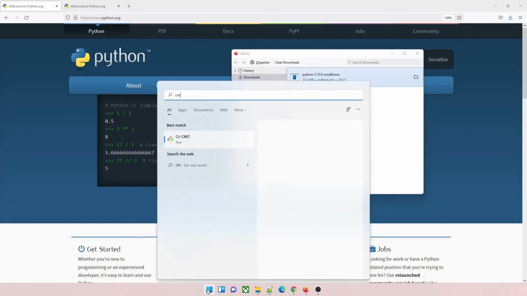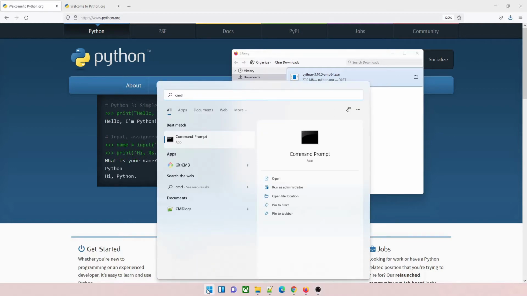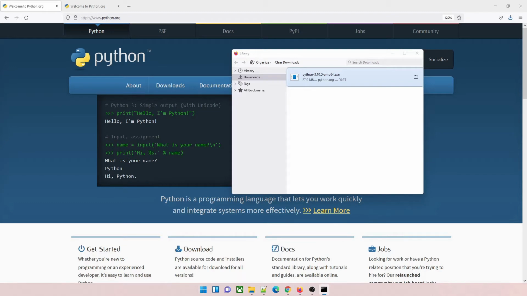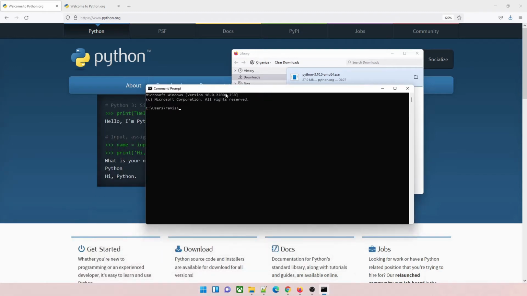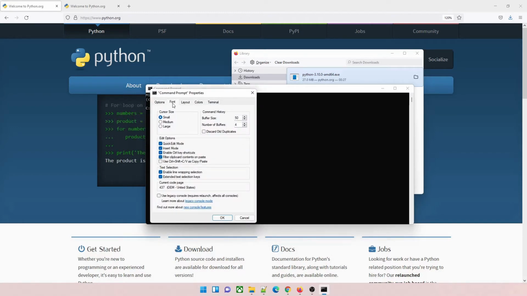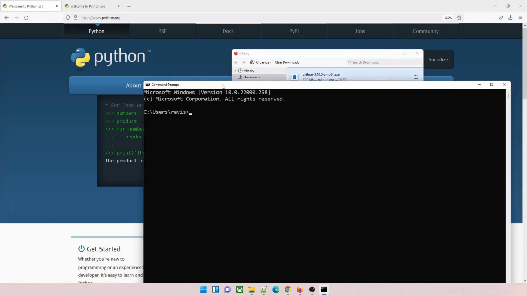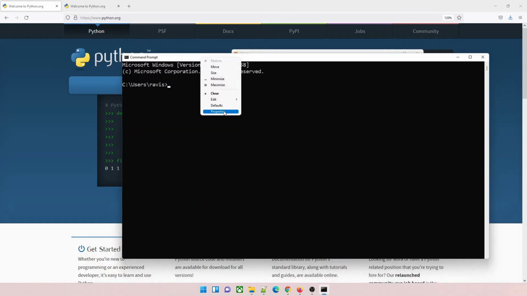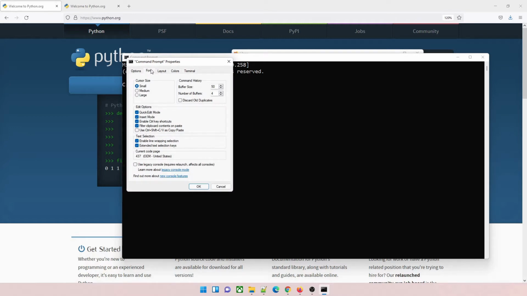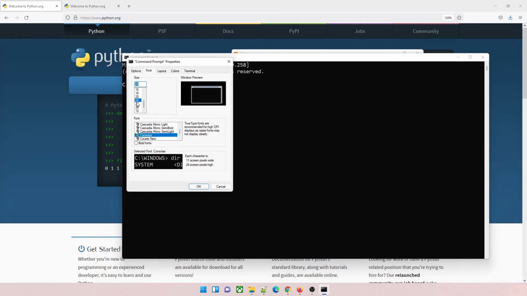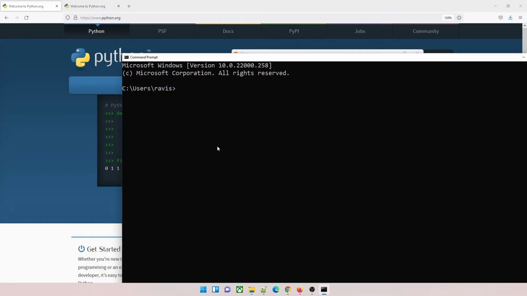So go to your start button and type cmd in order to open the command prompt. So once done, you just have to type. Let me just increase the size so that you guys can see it properly. Go to font and increase the size. I hope you guys can see it properly now. So if you are seeing on mobile, let me increase it more. So I'll choose 28 over here. Perfect. I think you guys can see it on mobile as well now.